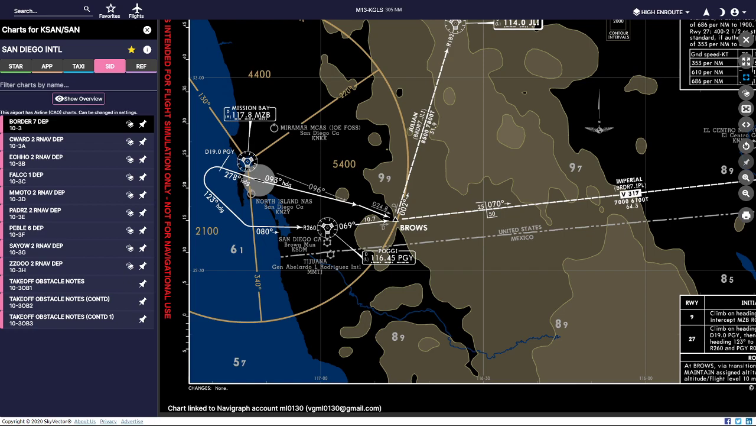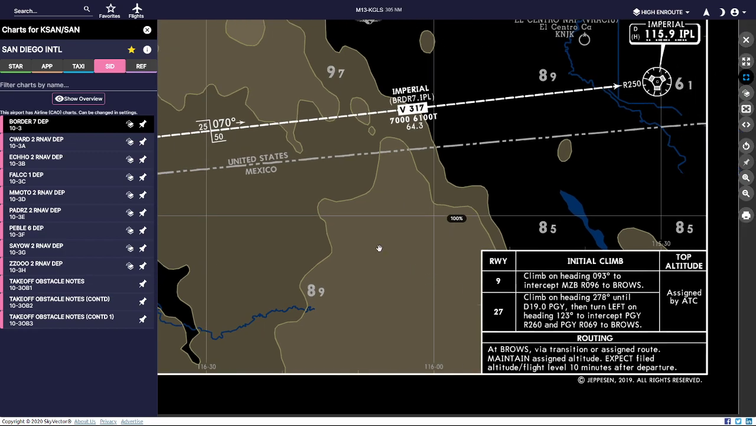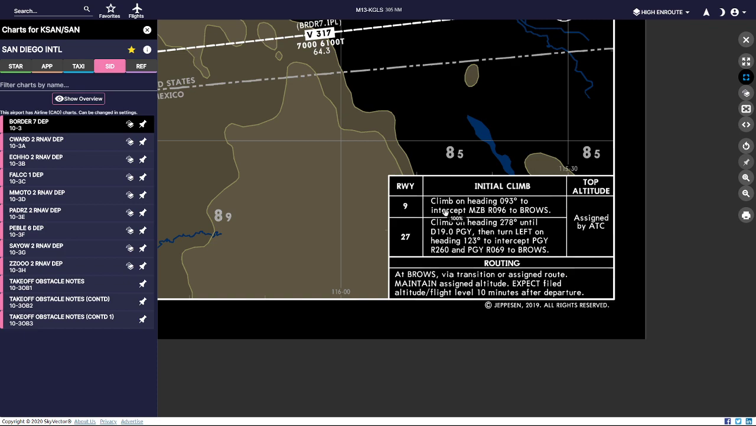So knowing that, flying SIDs and STARs should make a bit more sense now. Let's look at the textual description of the Border 7 departure off of runway 27 at San Diego. The description says for initial climb for 27, climb on a heading of 278 until